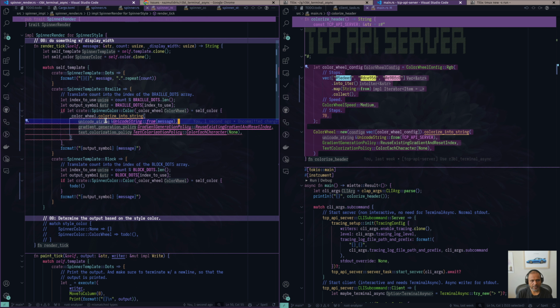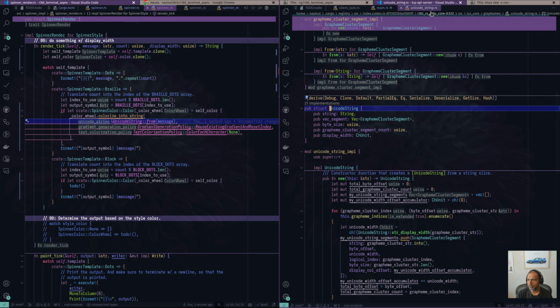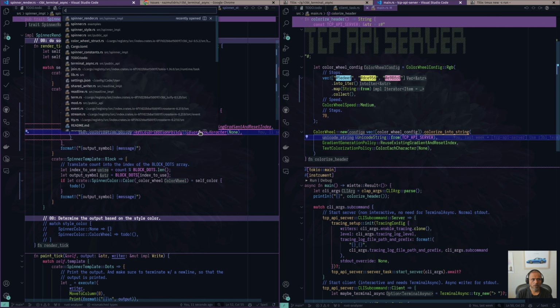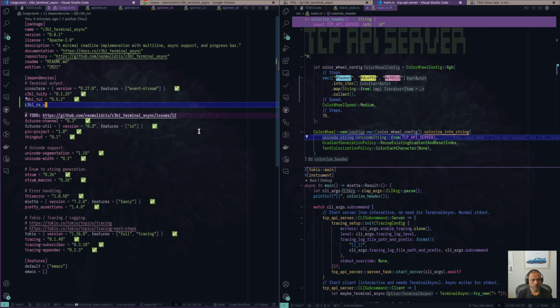So that just took care of passing the style into the thing. Okay, now it needs Unicode string, which I'm assuming is from a different crate altogether. Yes, it is. That's from Rebel RS Utils core. So let's go bring in Rebel RS Utils core. That Unicode string is needed for any string manipulation in the TUI crate. So